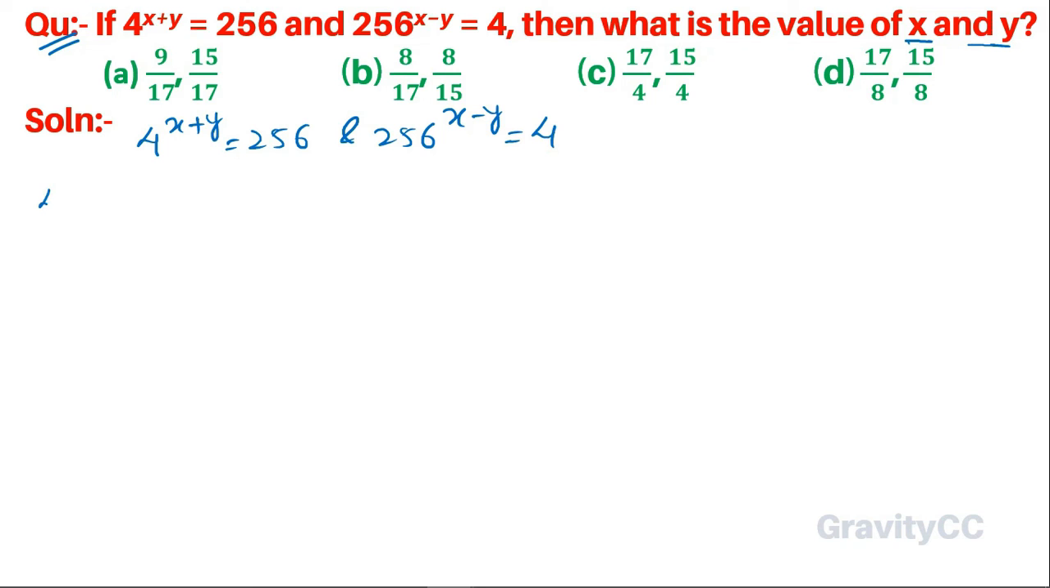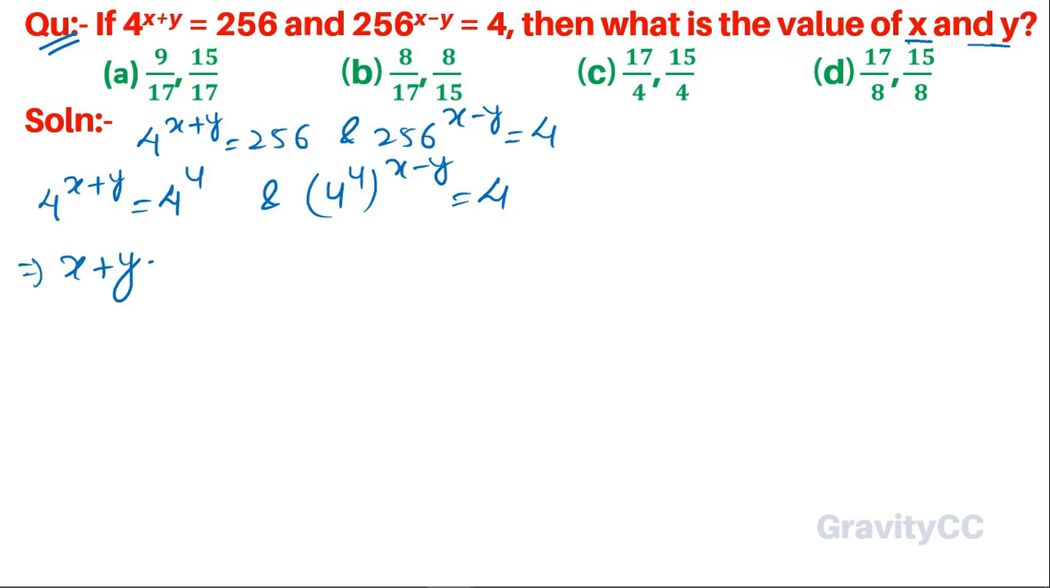So 4 to the power x plus y and 256, which is 4 to the power 4. So 4 to the power 4 and 4 to the power x minus y is equal to 4. Base same, so this becomes x plus y equal to 4. This equation is first. In this, powers multiply, so 4x minus 4y and